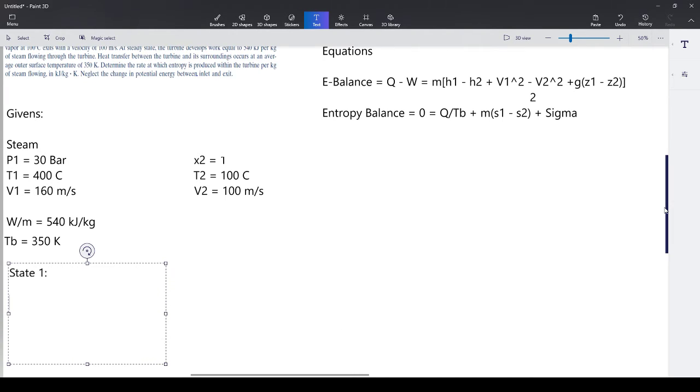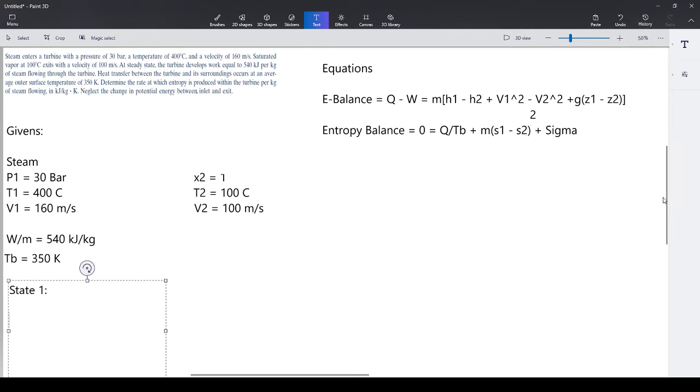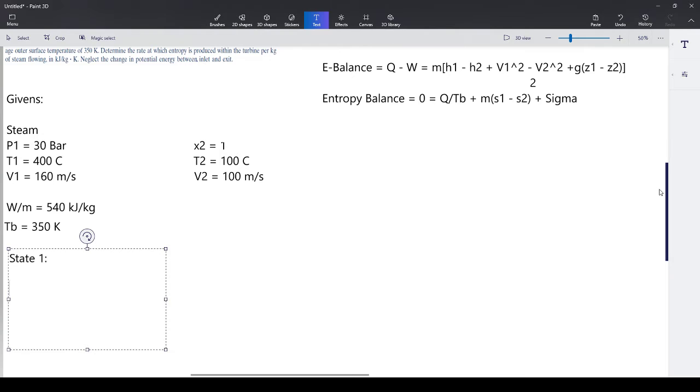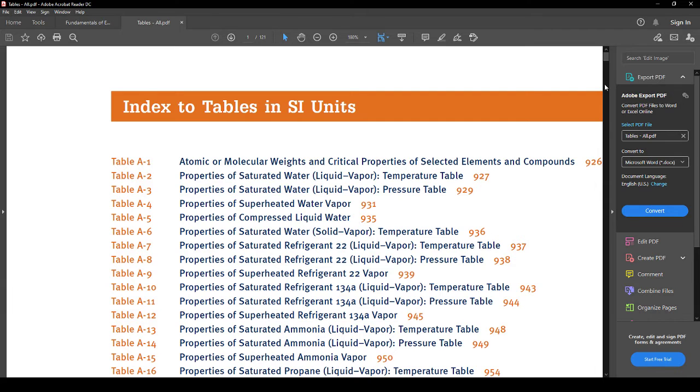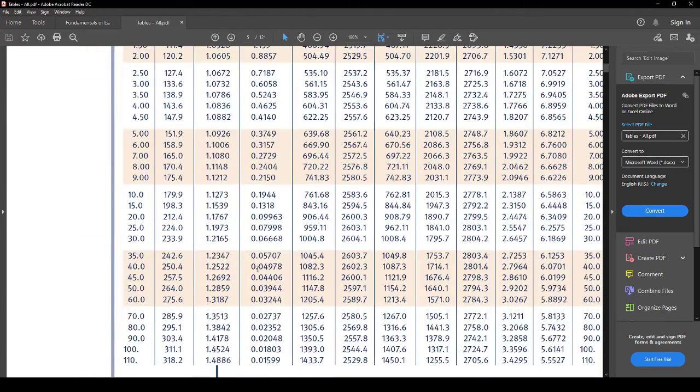So now, you can tell that this first state is going to be superheated. And the reason why you can tell is because it's a turbine. And so if it came in at really high pressure and temperature and it comes out as saturated vapor, it means that beforehand it had to be superheated at a higher pressure. So it is going to be superheated. And you'll notice these trends as you use turbines and things like that more often in these questions, but it will be superheated.